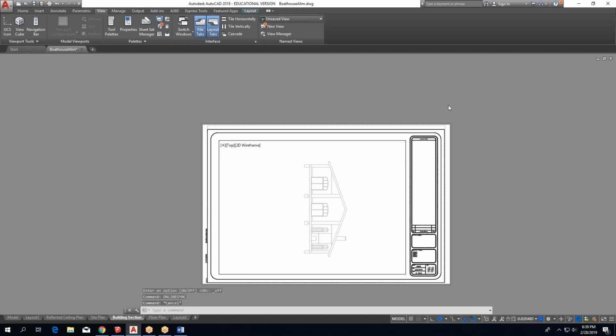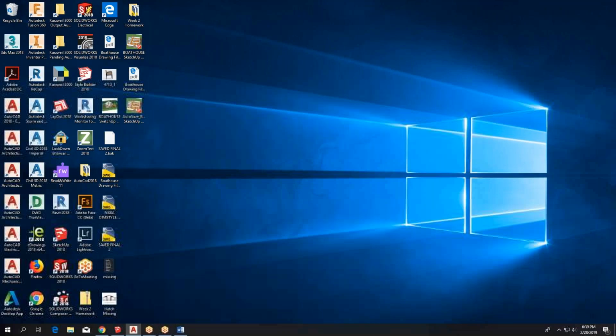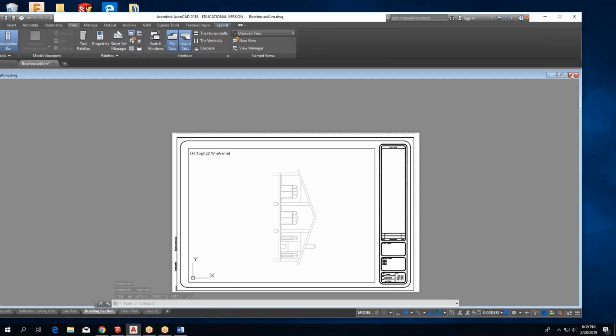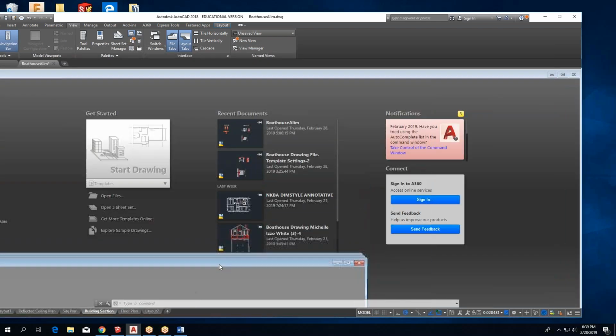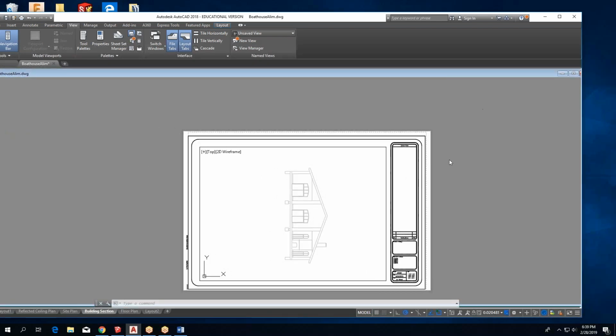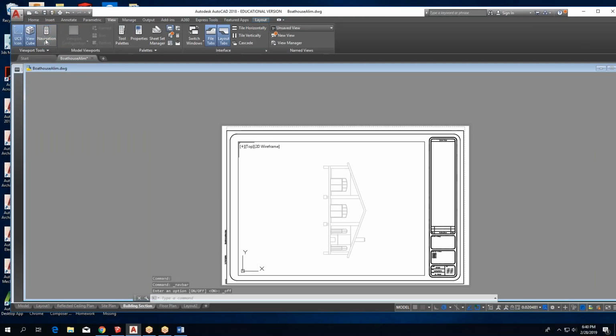If not, I'll have to do it a different sneaky way, which is totally fine, but I want it to pop up, and I don't know if it's just hiding in the background somewhere for me or off to the side. I might have to reopen CAD here in a minute to get it back up on the screen. Usually it would do it just by clicking on my navigation bar here. Enter an option on. Okay, and